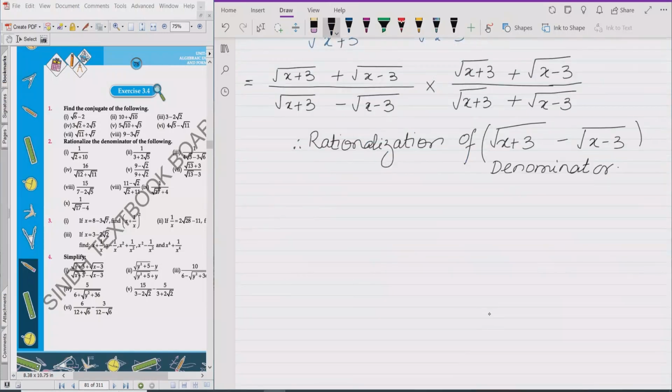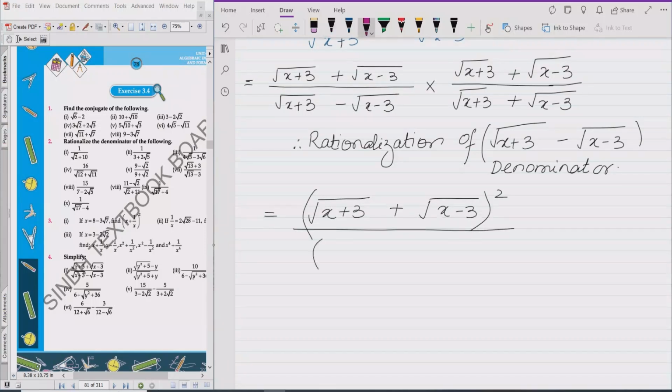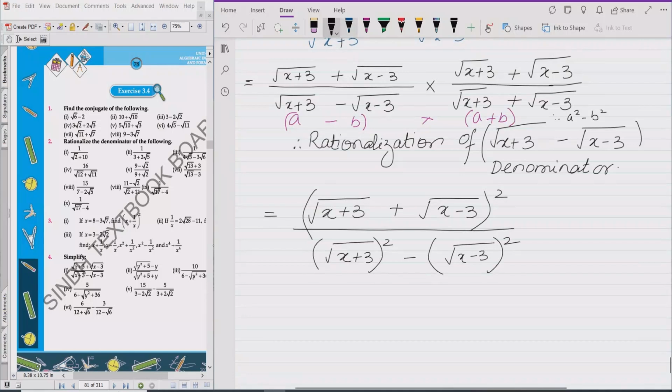We multiply the numerator by the numerator, √(x+3) + √(x−3), and this becomes a square because both are the same. In the denominator we get the formula (a − b)(a + b), which gives a squared minus b squared. So now we can write directly (√(x+3))² minus (√(x−3))²,